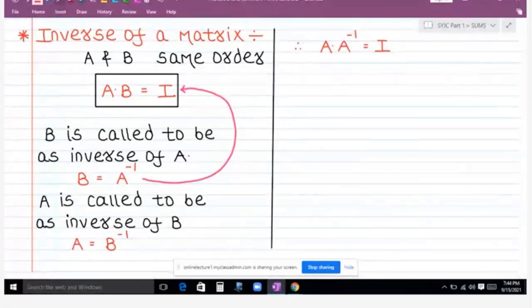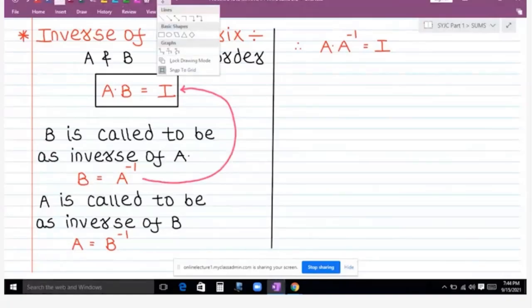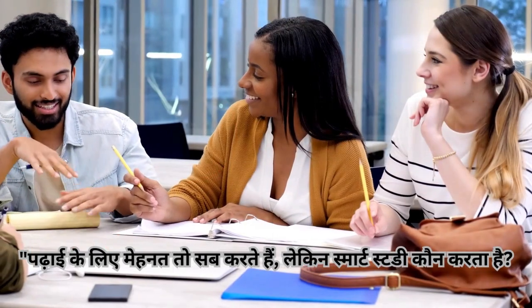और ये कैसे मिला पता चला तुम लोग को? ये जो B का जो वैल्यू था,